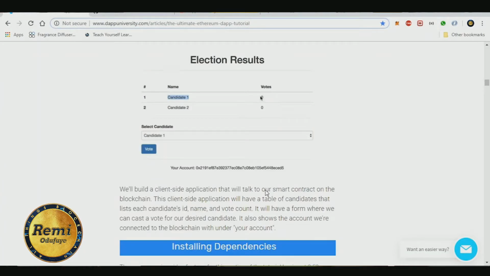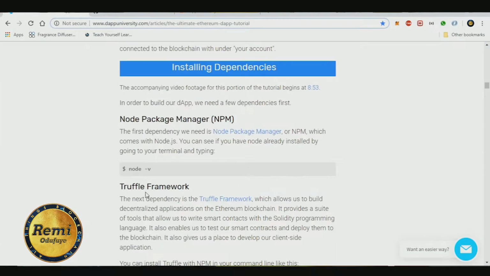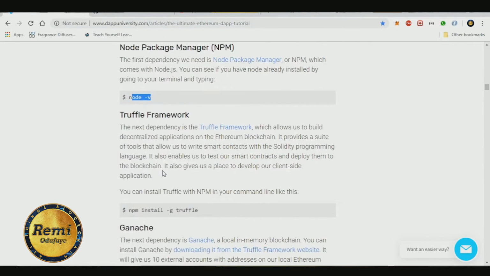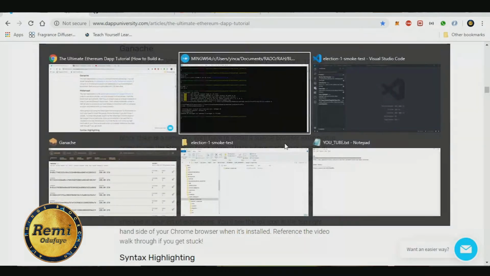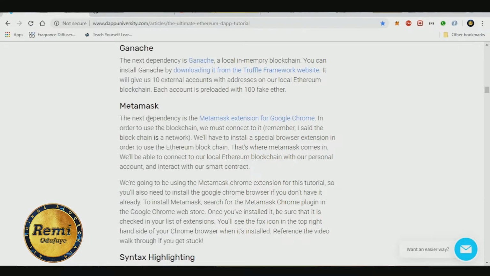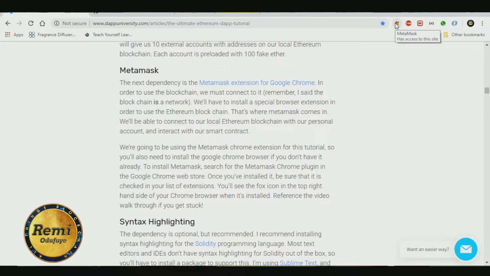So just to go back, the first thing we did was check our node version, which was cool. Then we installed Truffle, which is great. We have Ganache installed right here. This is Ganache. And lastly, the MetaMask extension, which is not coming up. As you can see, this little fox shows you that I have MetaMask. For some reason, my